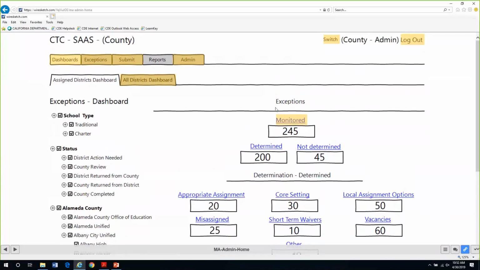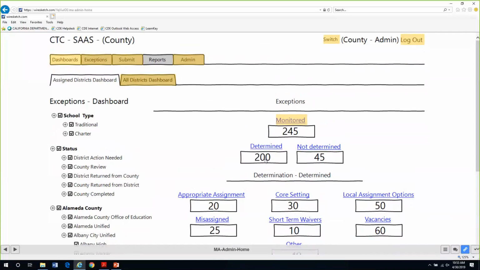In Alameda County, there were 245 exceptions identified in the monitored schools. Out of those 245 exceptions, 200 were provided determinations by the LEA, and 45 still have yet to be determined by the LEA.